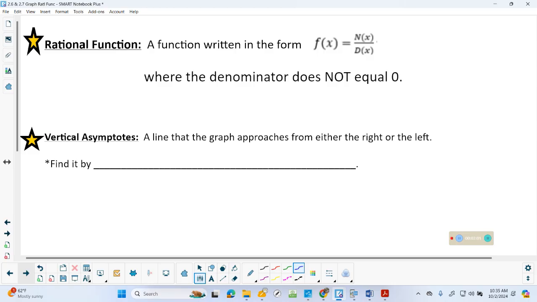A function written in the form, as you can see, it's going to be a fraction. And we just talked about it. Your denominator cannot equal 0. Okay, we know that. So vertical asymptote, a line the graph approaches from the left or right. Of course, we're not going to actually touch it. To find it, it's that value that makes the bottom 0. So we're just going to, by setting the denominator